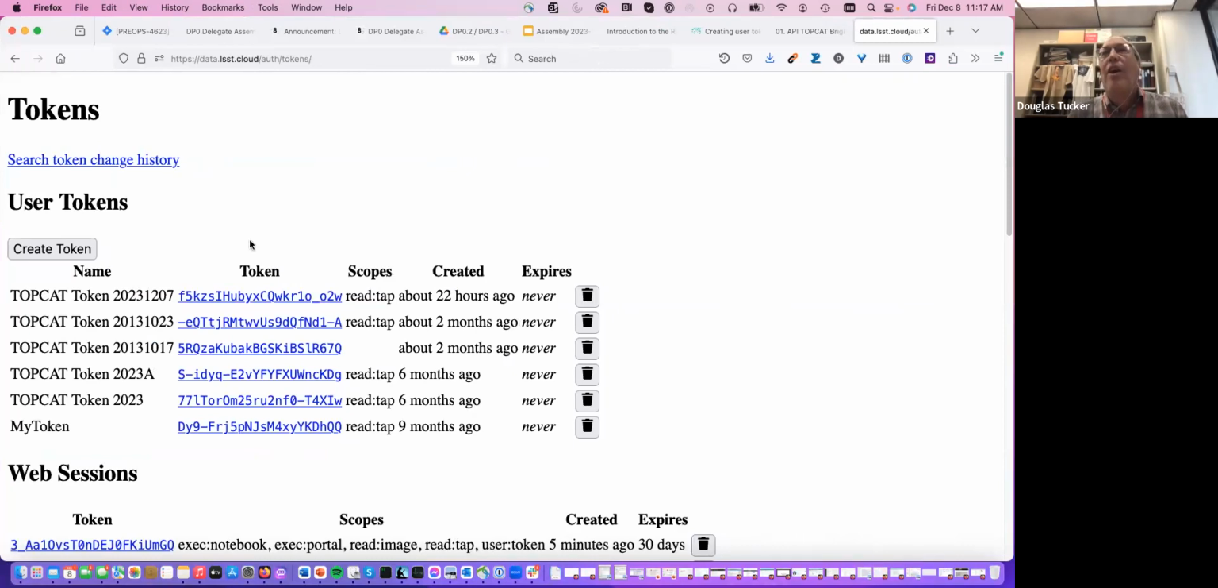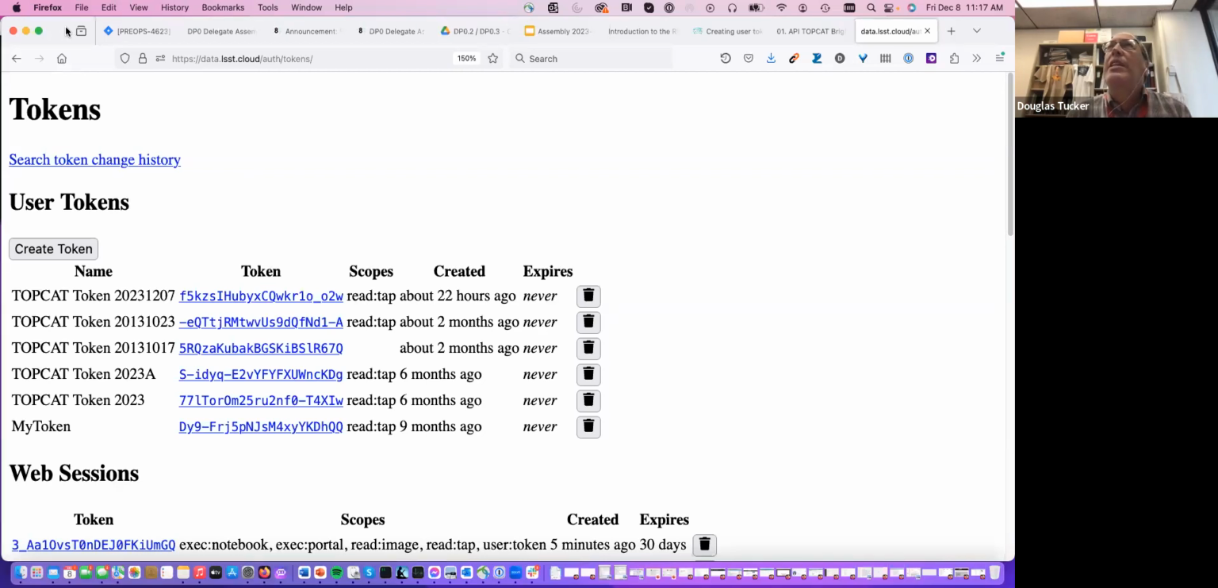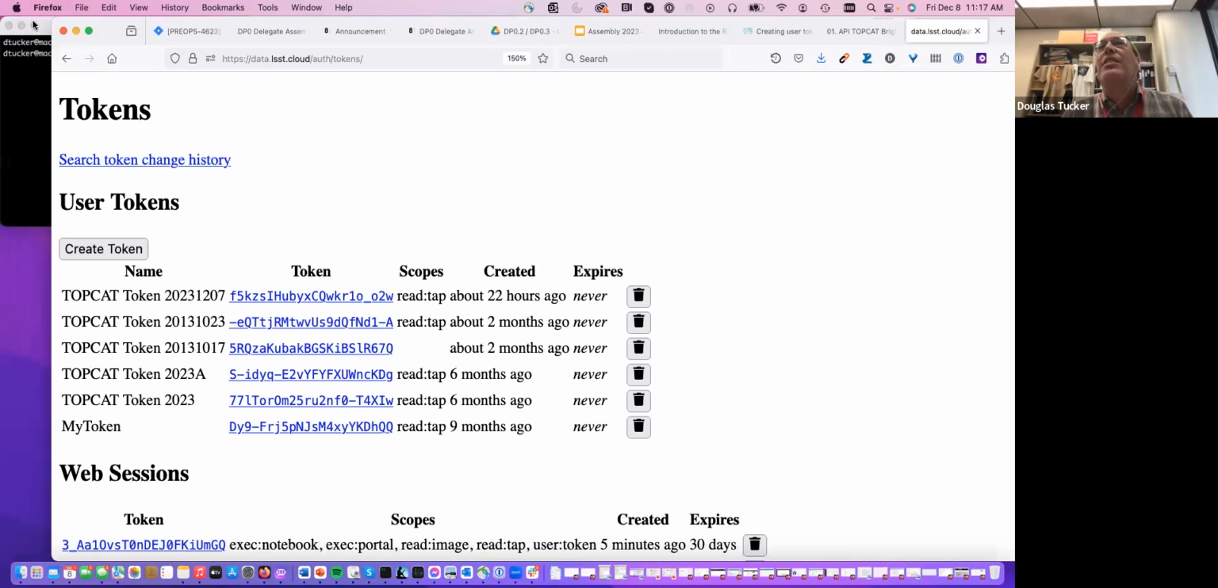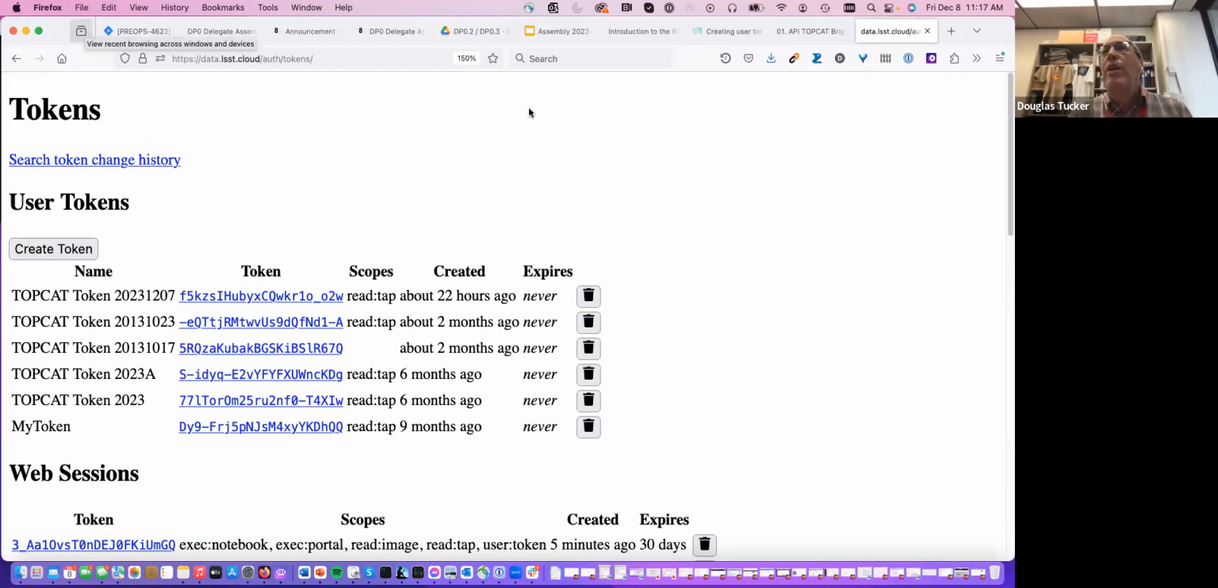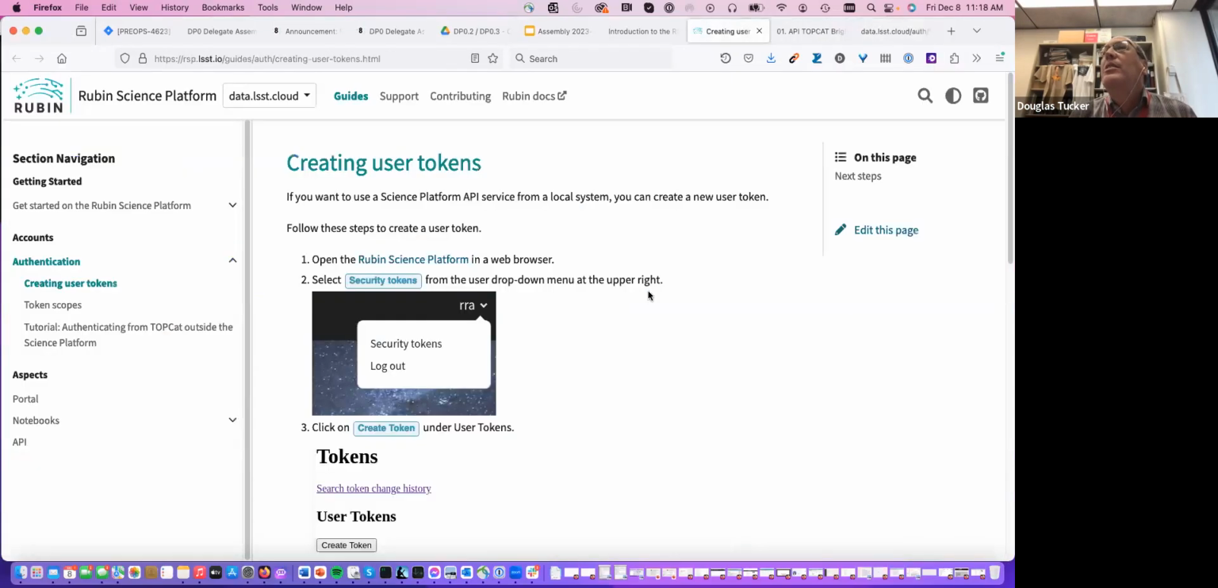Okay, all right, I do have other tokens, and I'll use another token when we get to the next step. So then I'll have to delete that one too, probably. Anyway, okay, now you have a token,